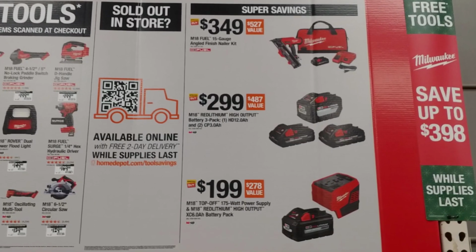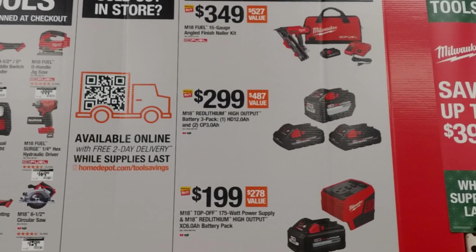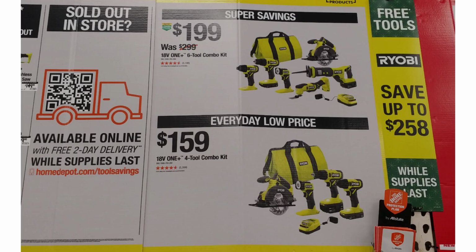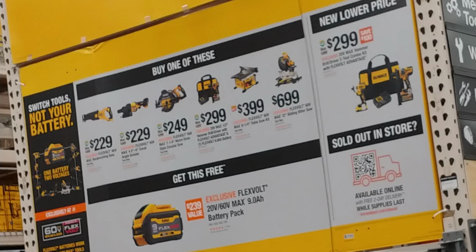Milwaukee stuff. I don't know, some of the free Milwaukee tools don't look that good. I wonder if it's easier to look at this stuff online if you're really interested, because I think there's more tools online for free to look at. I don't know if everything is on that board. I guess probably they are, but